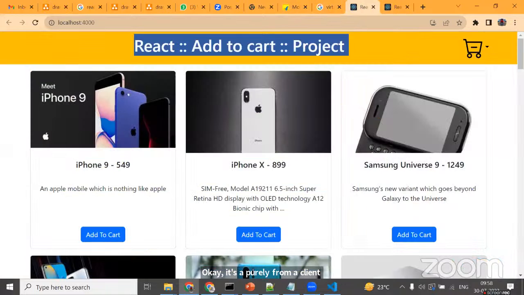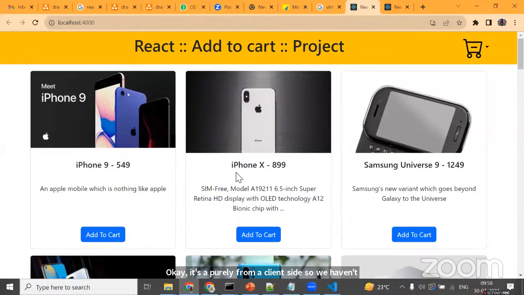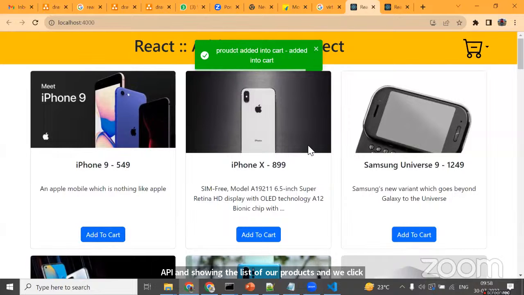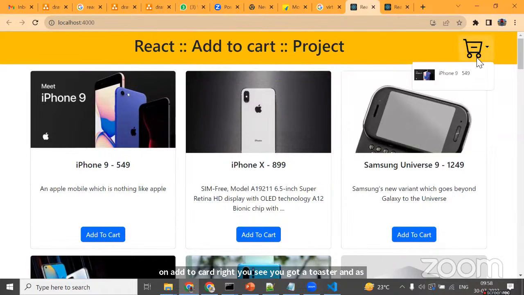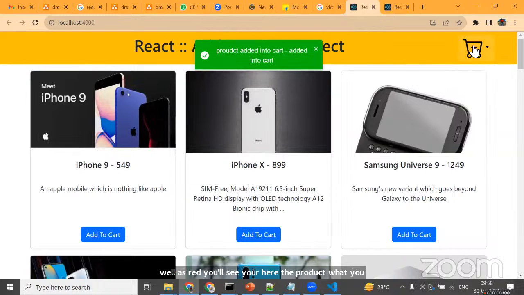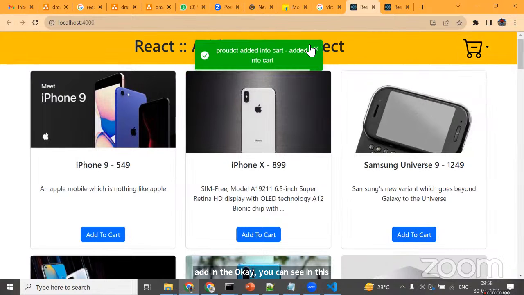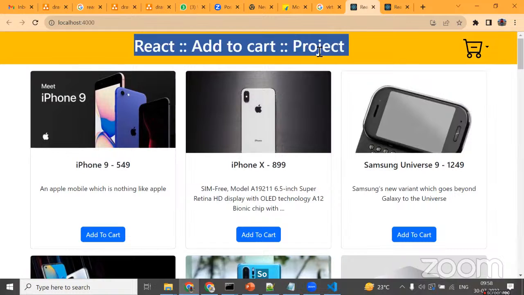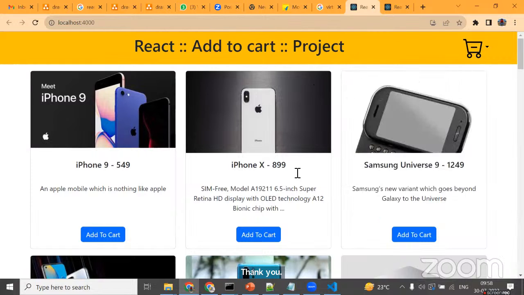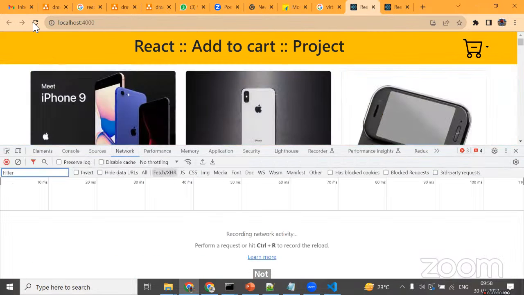But coming to this project, we implemented a backend. That means calling an API and showing the list of our products, and when we click on add to cart, you see a toaster. As well, you will see over here the product you added in the cart. Sir, these projects are developed in a configurable way only, right, sir? By using JSONs. Not JSON, this is actually an API. If you see the network tab, you can get to know. If you refresh,